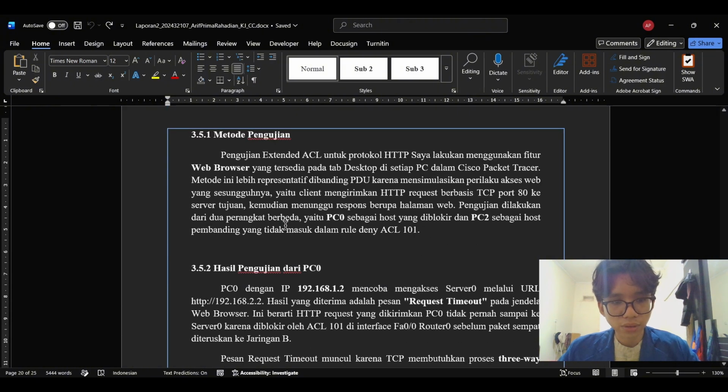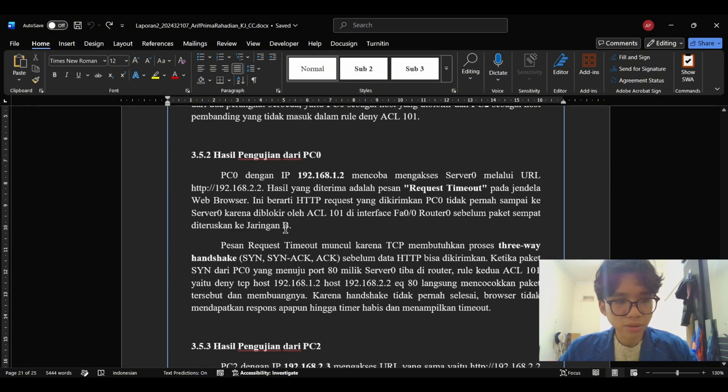Starting with PC0, with IP 192.168.1.2, attempt to access Server0 at URL http://192.168.2.2. The result was a request timeout message in the browser window. This means the HTTP request never reached Server0.